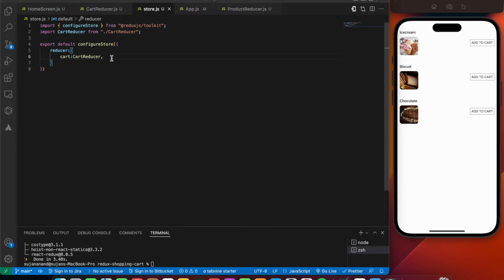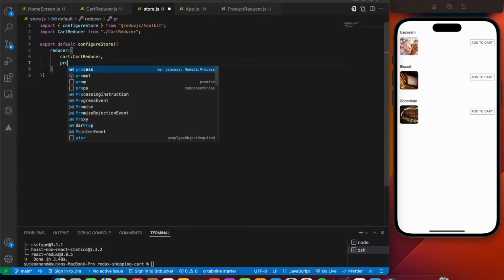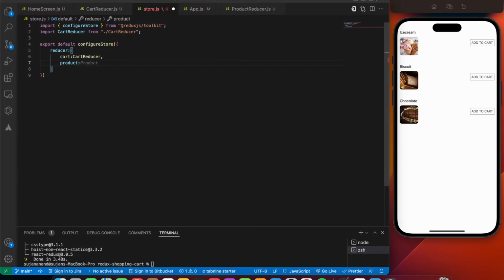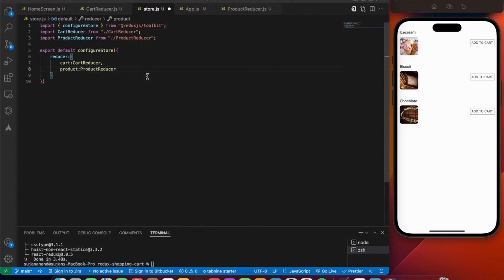Okay, so it's going to take in the second reducer. So let's give it a name. Let's say product for now. We're going to say product, and the name is going to be productReducer. Let's import it like this and save the file. Okay, so now we've created two reducers, that is one for cart and one for product.